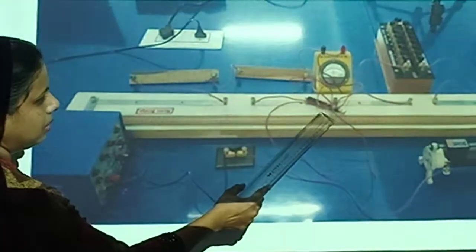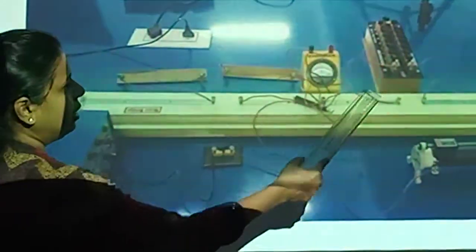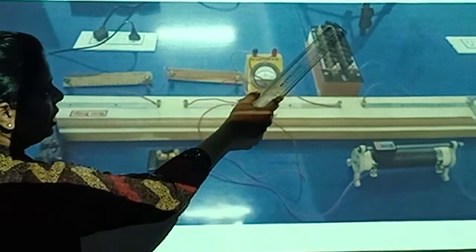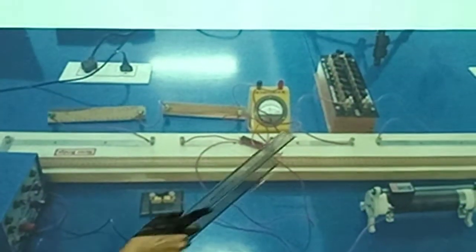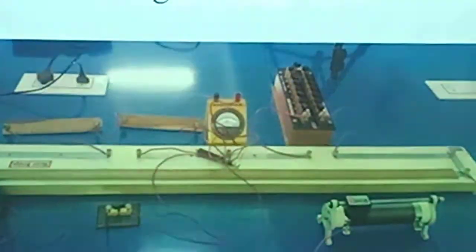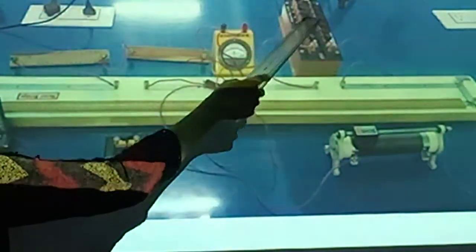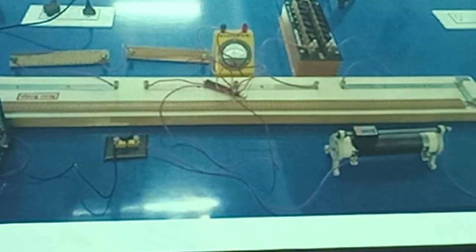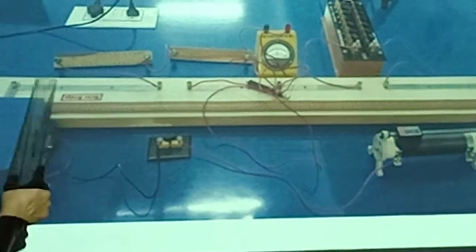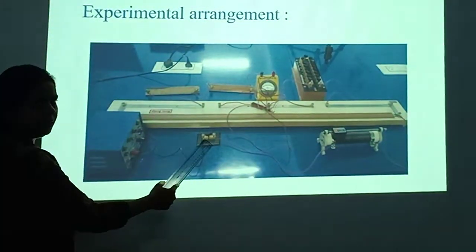This is the galvanometer. This is the jockey stick. With the help of the jockey stick, we will find the null deflection. And this is the resistance box. The resistance box has a number of keys, as you can see here. Each key has its particular value. Suppose you have plugged this key, it will have 5 ohm resistance, so 5 ohm resistance will be introduced in this experiment. Suppose you have plugged the 10 ohm key, that means you have introduced 10 ohm resistance in the circuit. So this is the arrangement: battery power supply, then unknown resistance, galvanometer, resistance box, rheostat, plug key.